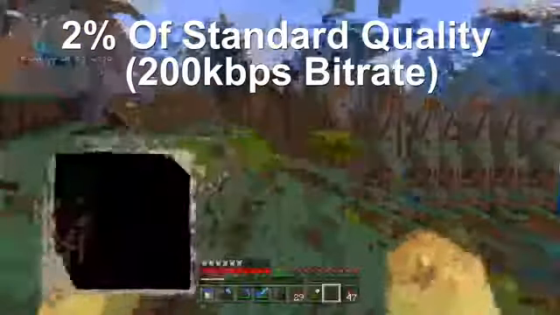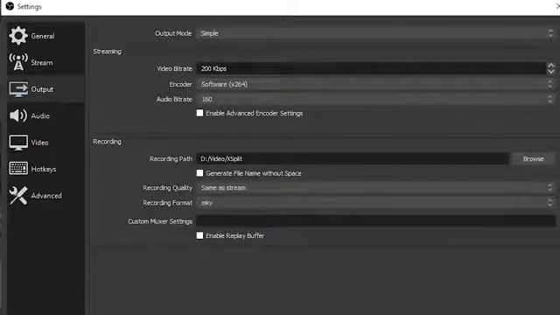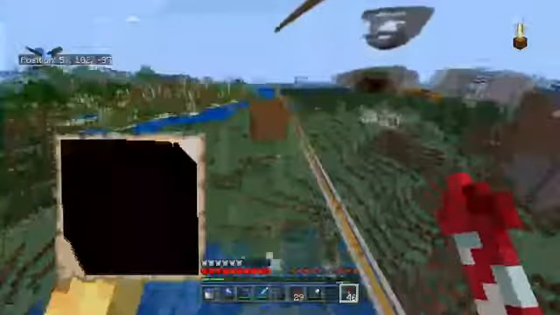So yeah, in case you're curious, it's OBS. They have a little thing where you can lower the settings as you go along. And yeah, this is 2%, which is maybe fine sometimes when we're looking at a wall, but when there's complexity, when we're flying up and down like we need to do in Minecraft, and especially in any other game, then things start to get a bit rougher.